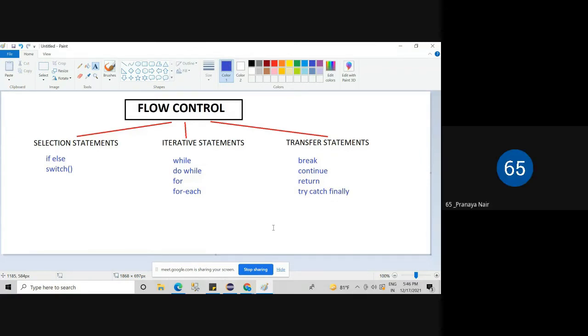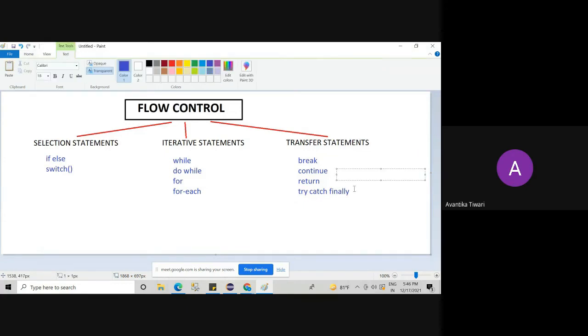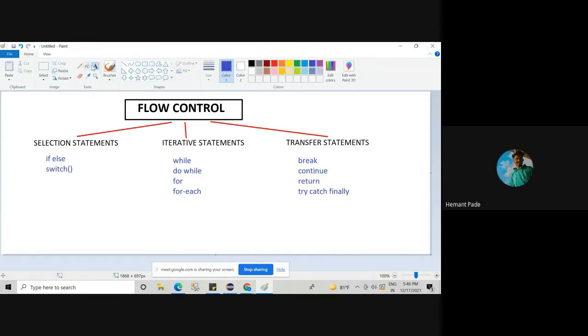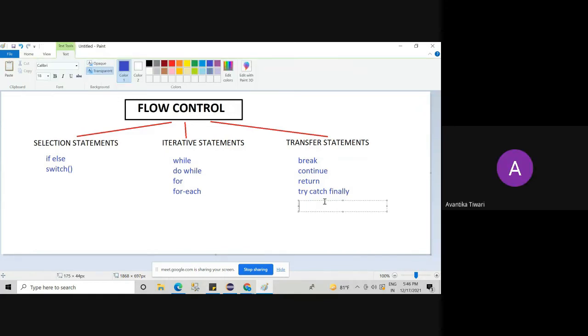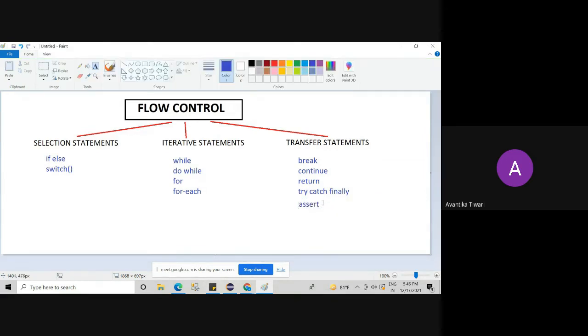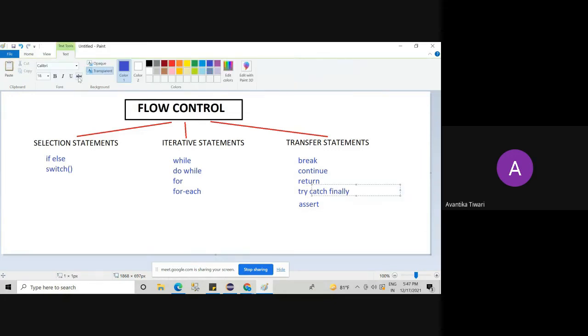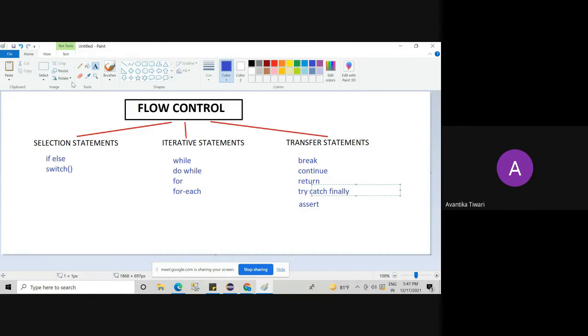Note it down in your notebooks. One more add-on is there in Java. We call it the assert statement. 100 students come for an interview, and all 100 will say we have these statements. But if you add some extra statements in your answer, who will be preferred, you or them?